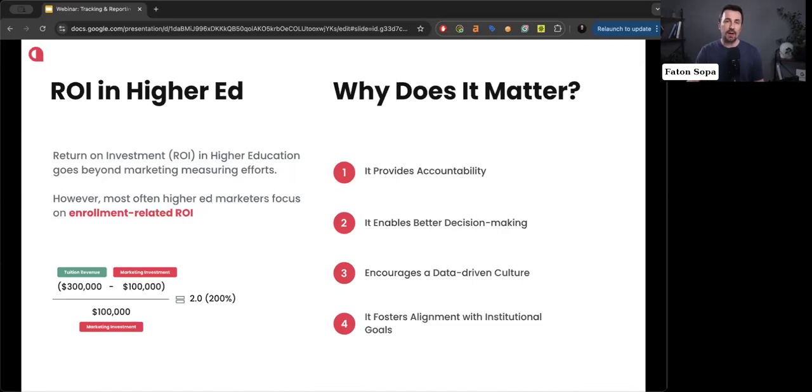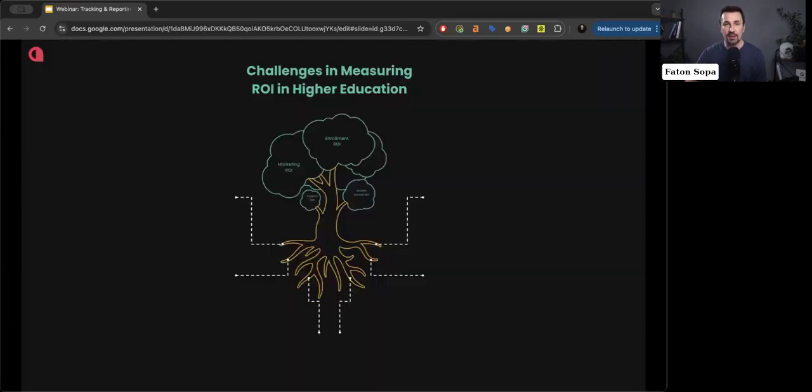So understanding ROI is crucial for continuous improvement at your institution. It is one thing to execute a marketing campaign, and it's another to learn from it. We need to understand that ROI as a metric is an aggregator metric that summarizes success. However, in order to make use of it, you need to dig into its components, like the cost per lead, the conversion rates, and all other metrics that are going to help you tweak the tactics and do better at your marketing activities.